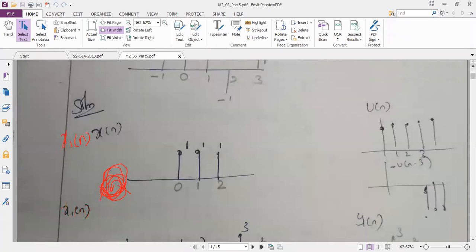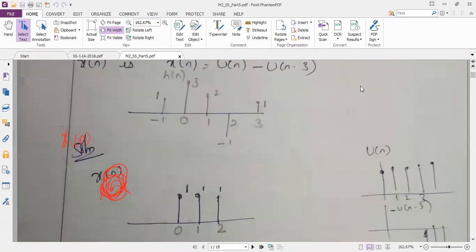You know what the initial step is. If you see the screen, I have shared both the h of n index as well as the x of n index. I need to find the index of y of n, which depends on the index of h of n and x of n. If I add the indices -1 and 0, it says that my y of n should start at index -1. Then the reference one is 0, and I don't know how many samples I will get. For that again we have a formula.